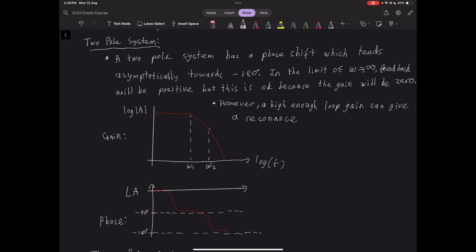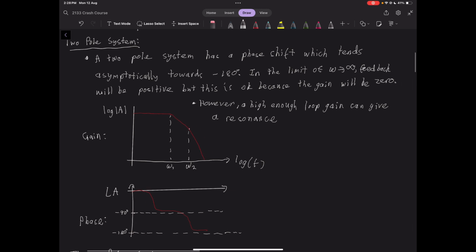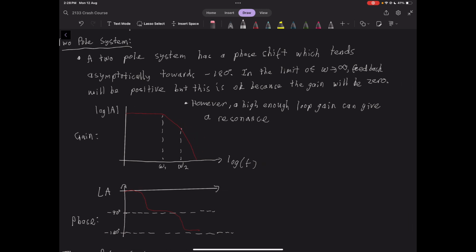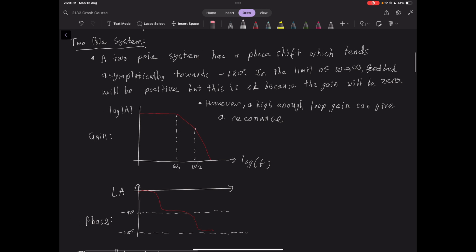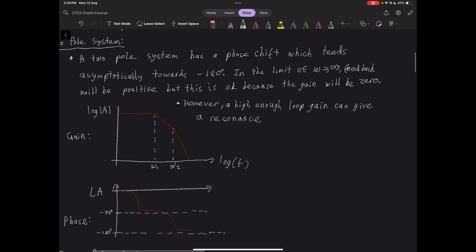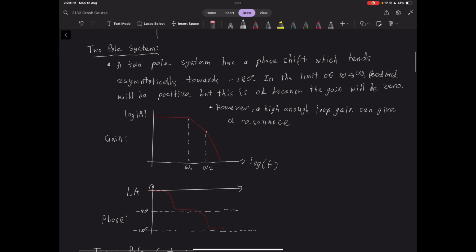Technically, as you take the limit of frequency, you will get positive feedback, as at omega equals infinity, the phase shift will equal negative 180. But this is okay because by then the gain would be zero, and that's not really a realistic thing that we would see in a two-pole system. So two-pole systems essentially are always stable with negative feedback. However, if you have a high enough loop gain, you can get some resonance and some oscillations, but generally you would say a two-pole system is always stable